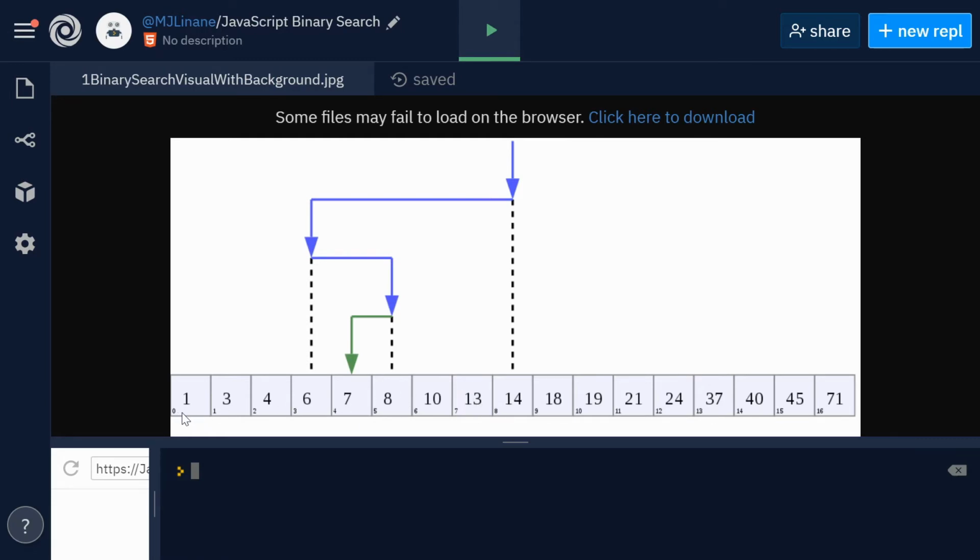Because what we'll be doing is searching through the index position. So even if you had a class starting with Smith, or you're looking for Smith in a class of students, it doesn't matter if there are students that don't have a last name that starts with L or something. You can just take the list of what's available, find the midpoint, and then go to one half or the other. So in this case, if our target is 7,